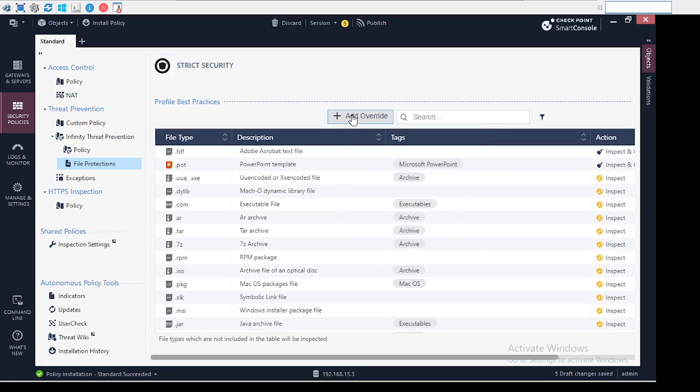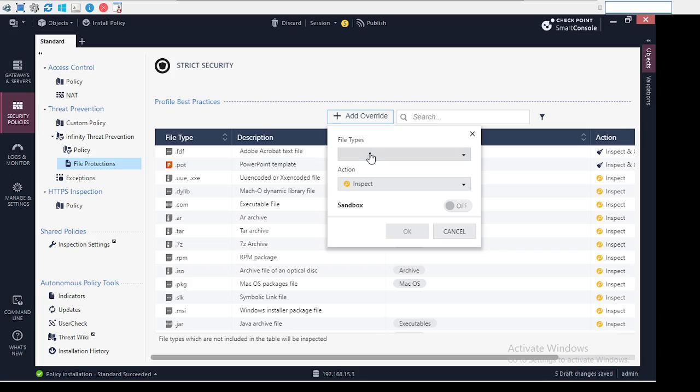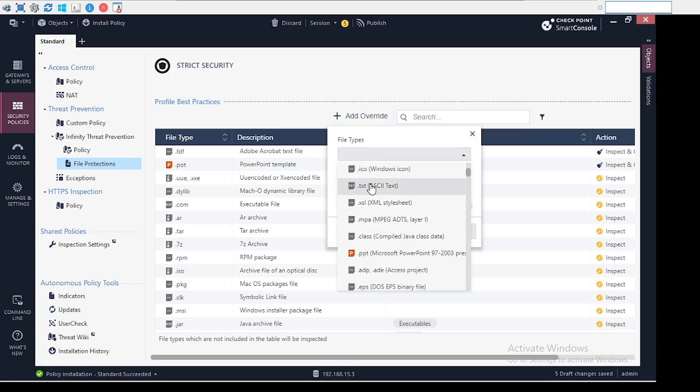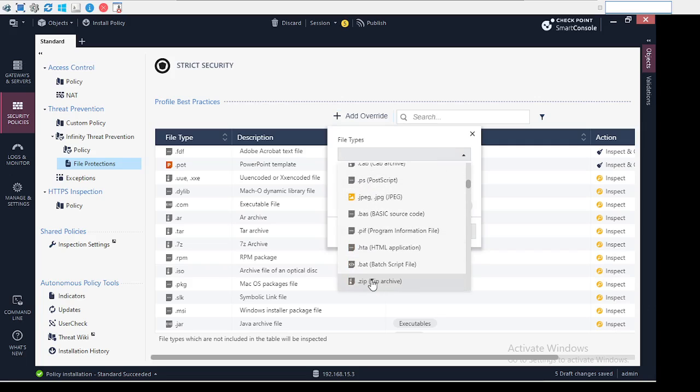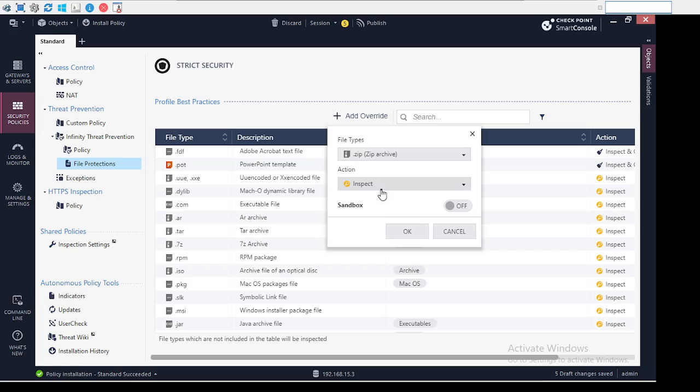You click on add override. So for example, you can select, okay, let's say we want archive files. As you can see, .zip is an archive file. By default the action is inspect. Even sandbox is turned off, so we can say, okay, let's turn on sandbox. Okay, so this is going to be inspected, not just the normal HTTPS inspection,